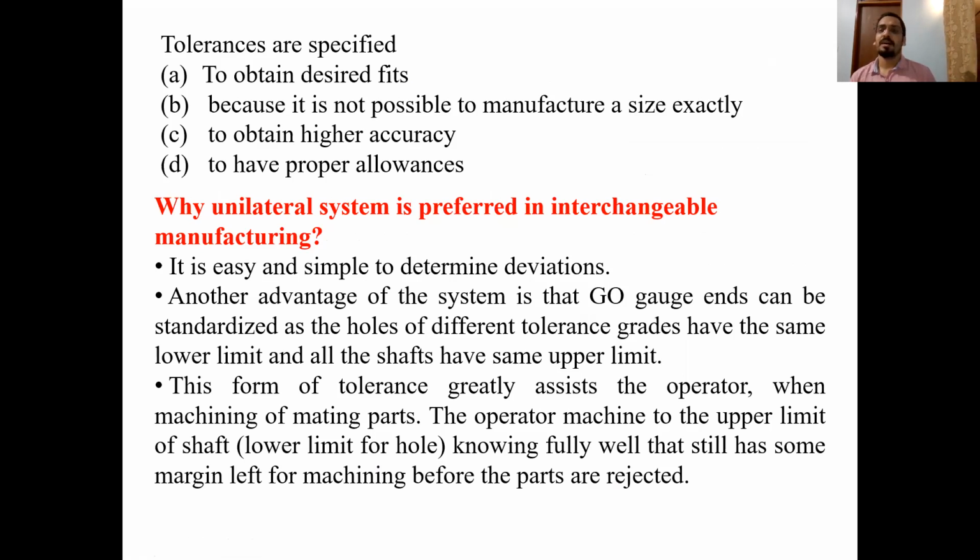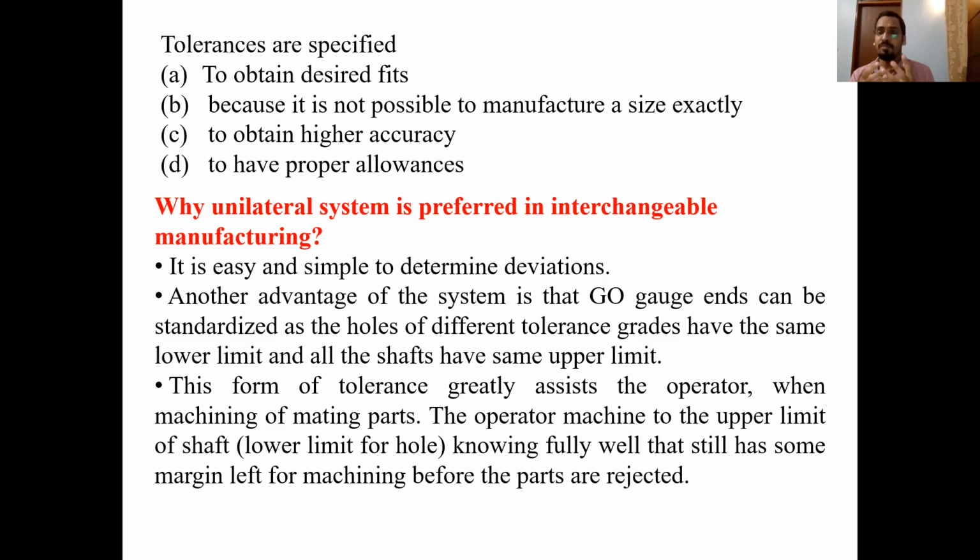For example, we are taking the example of cylinder and piston. So what is the application or what is the work of cylinder and piston? The work of the piston is to do the reciprocating motion inside the cylinder. So cylinder will be the hole and piston will be the shaft, and it will be able to move inside the cylinder in a reciprocating motion. It is only possible when there is some gap between the cylinder inner boundary and the piston outer boundary.